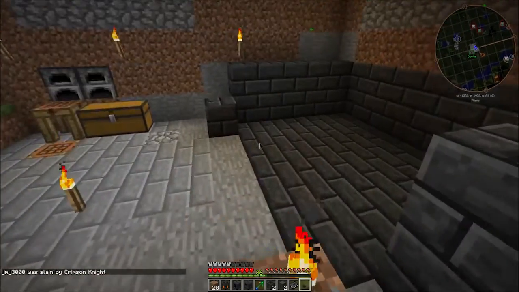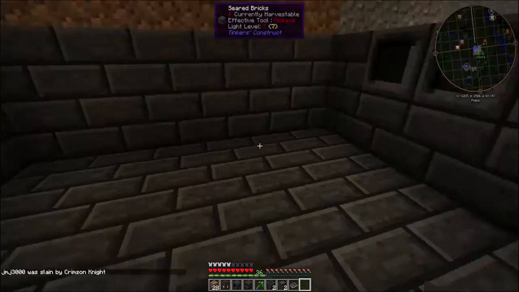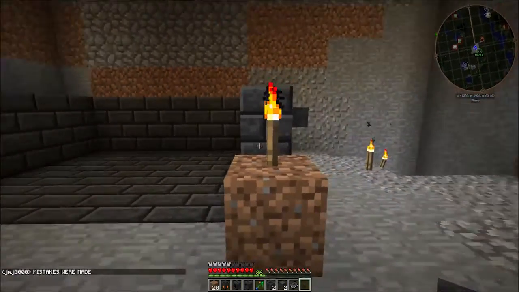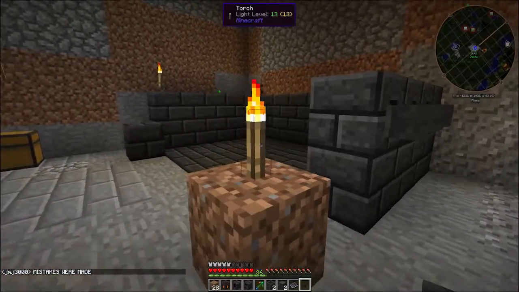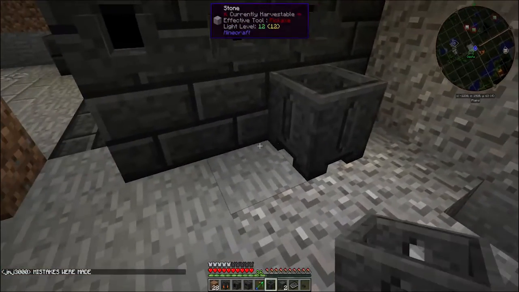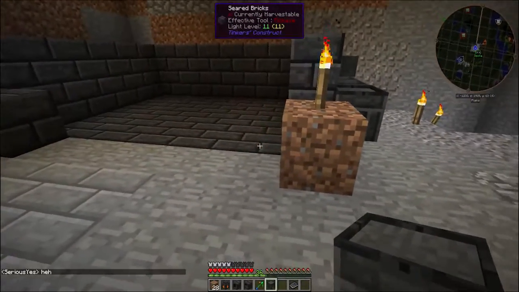Now, basically, what the drain does is it acts as a direct interface between whatever molten or liquefied metals are in here, and that's how you get it to the outside world. So what you want to do is you're going to want to put some basins down, a table or two,